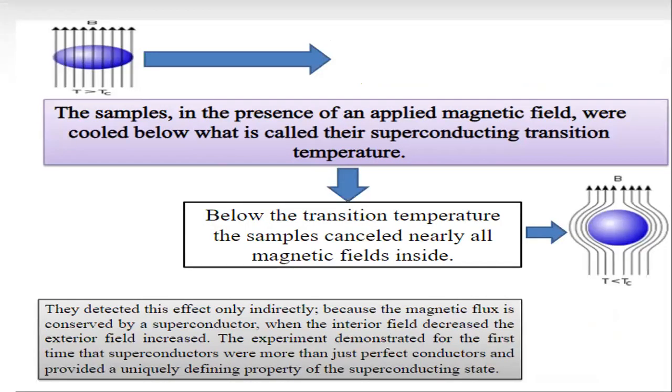Now, we have just discussed the Meissner effect. You can see on the right-hand side diagram that the magnetic lines of force are expelled from the superconducting element when the temperature is less than the critical temperature. This is possible, and very important, only if the temperature is well below the critical temperature, also called the transition temperature. In this instance, they are exhibiting the Meissner